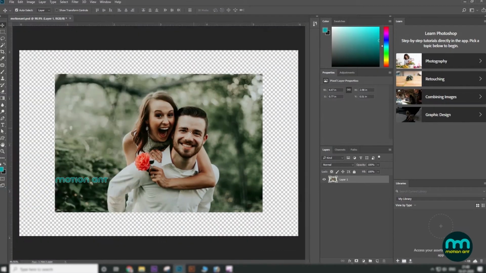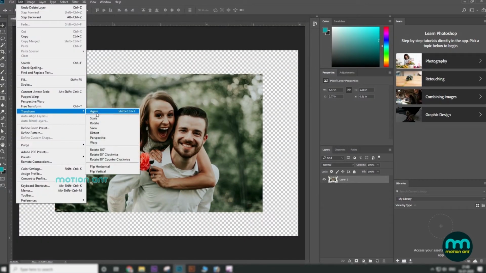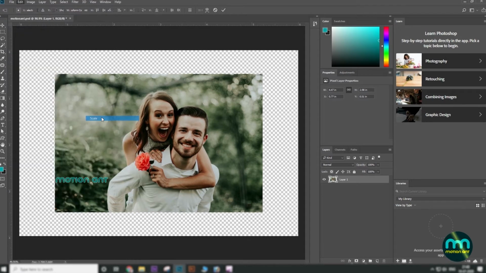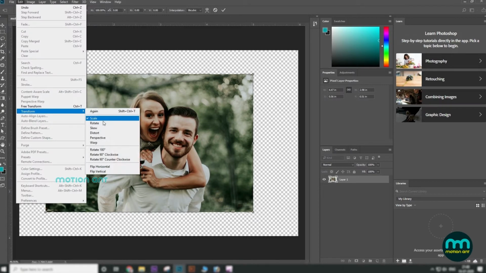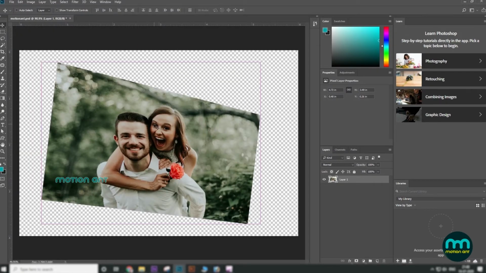To apply basic corrections on your object, you can use Transform Selection under Edit in order to move, scale, rotate, skew, distort and flip as you like. You can edit the object just like the grid of the crop tool.